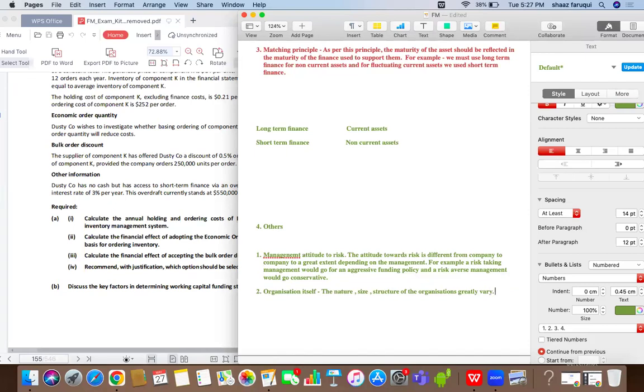Now again, put an example. The size of the organization would greatly affect the accessibility to funds. Like a big organization would have better access to funds. Do you agree with me, Anu? So a bigger organization